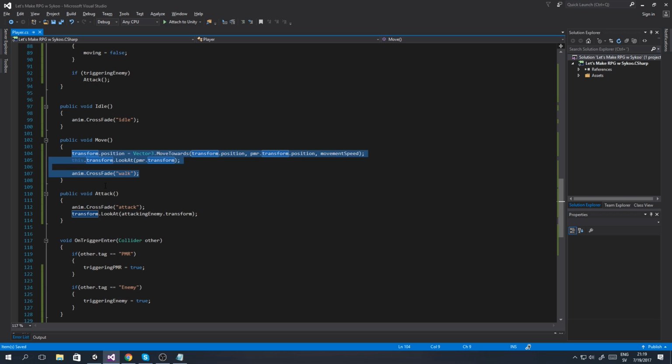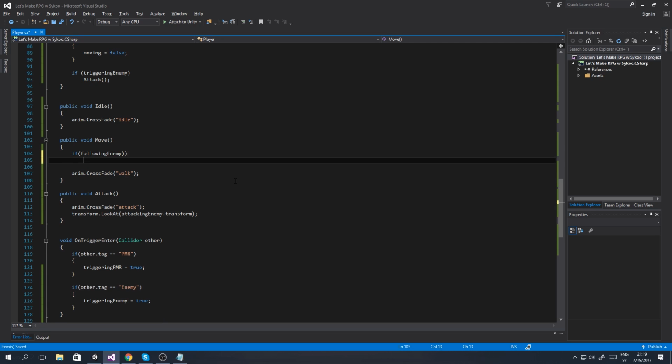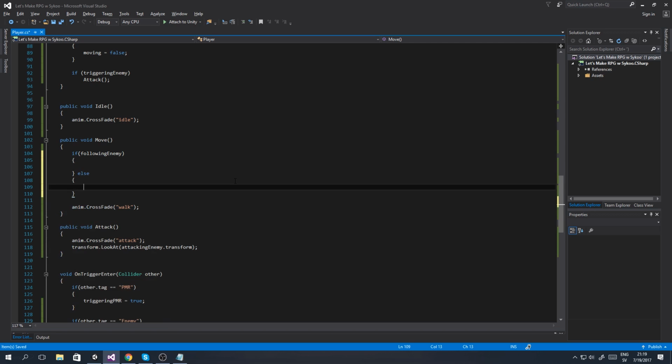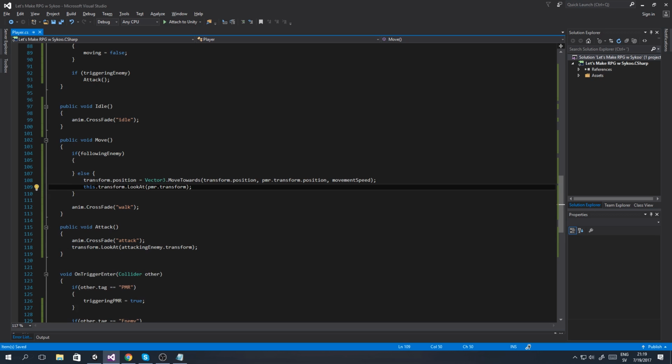So let's see, and instead of move we can literally just say anim.crossfade walk. Okay, we could actually cut these two lines, transform.position and transform.lookAt, and say if attacking or following enemy, then make braces, else, there we go. In the else situation we're going to set these two, and in here I can actually copy this